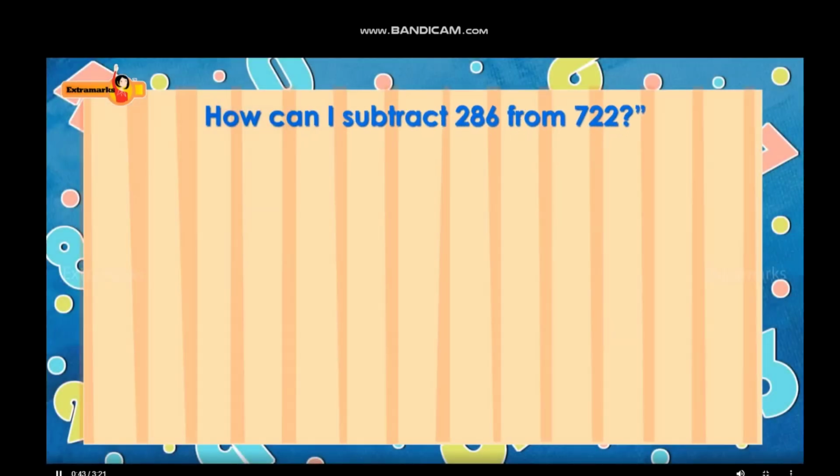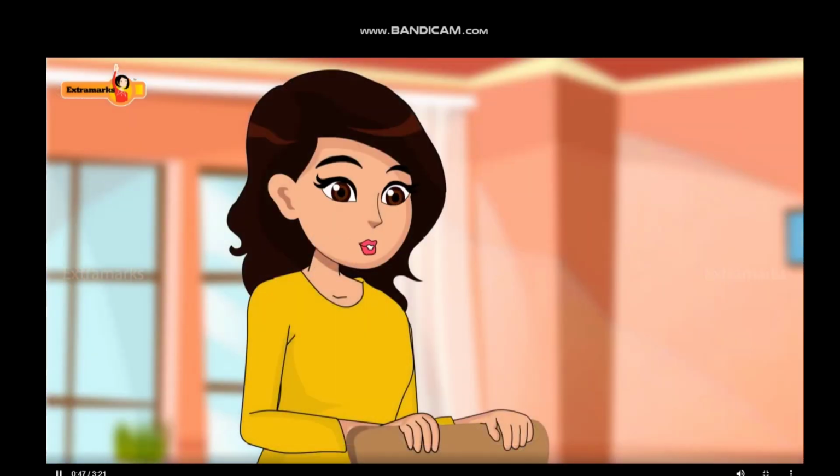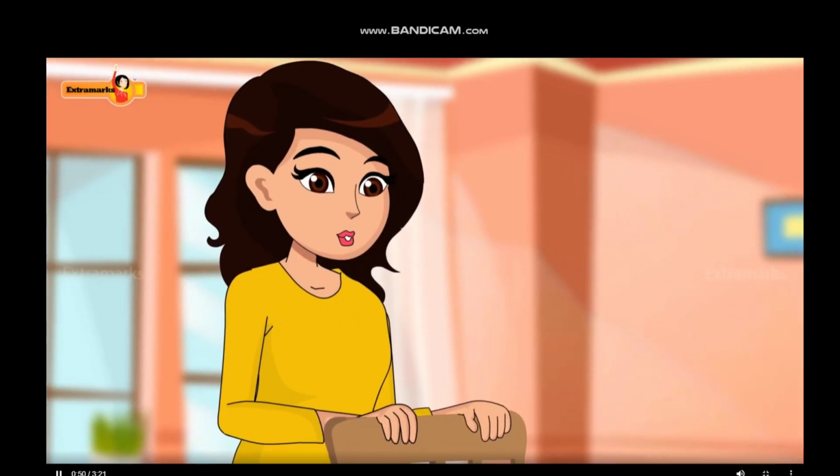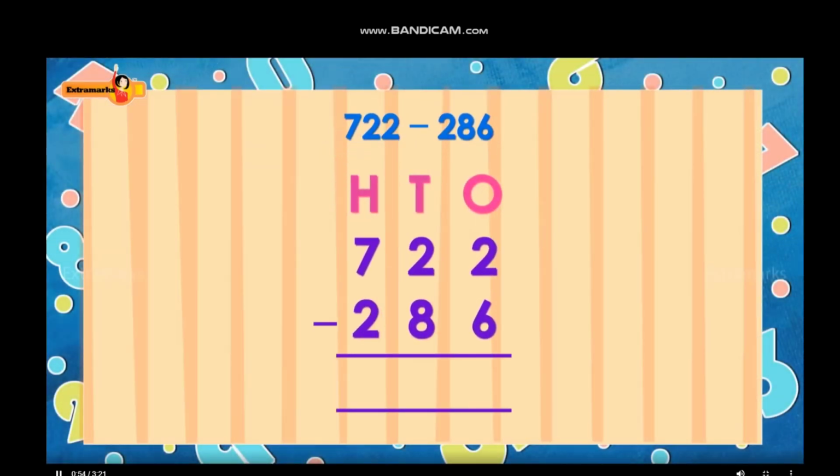She replied, This is a 3-digit subtraction sum and you need to understand borrowing in order to solve it. Let us do this step by step. First, write each digit of the number under the ones, tens and hundreds place. We begin subtracting from the ones place. Look at the ones digits in this case.